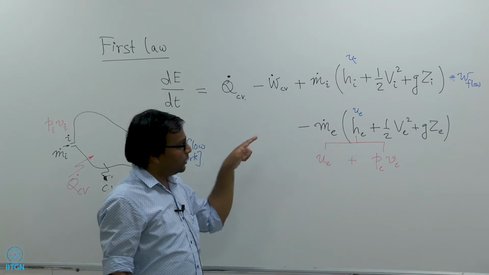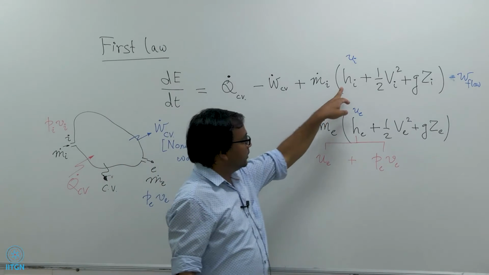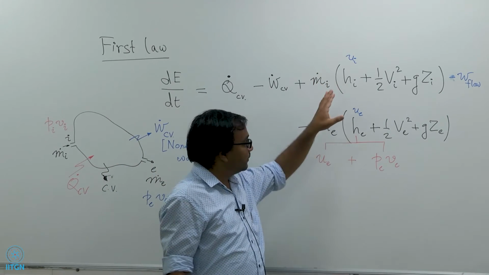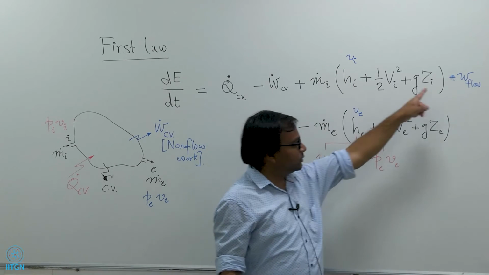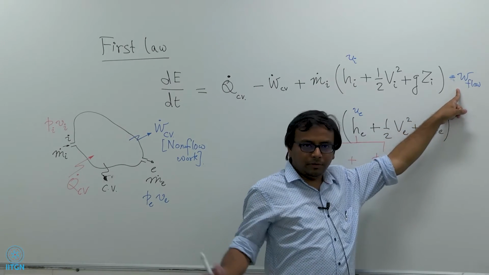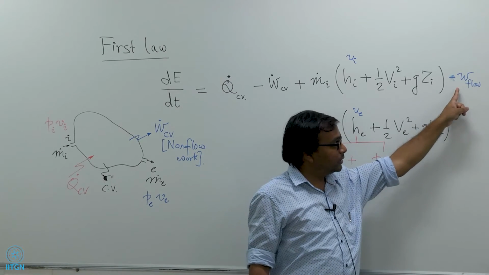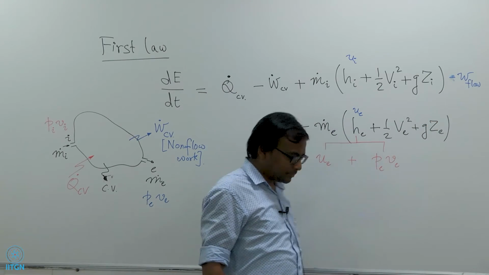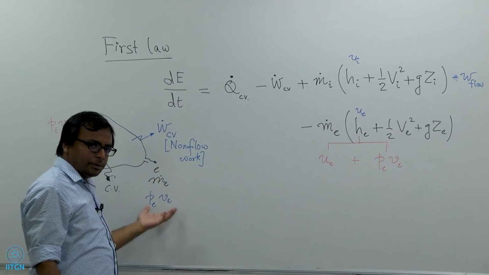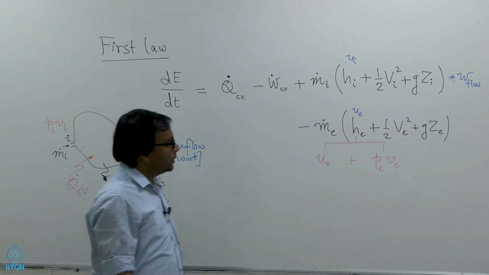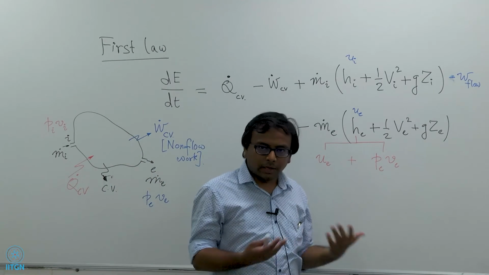As I said here, alternatively you can also say this: there is no such thing as flow energy. You can say that this is just internal energy coming in, this is internal energy going out, and then you separately take into account the PV terms through flow work, by including an additional term in terms of flow work, which happens to be PiVi minus PeVe, something like that will come, right. Whatever you do, you get the same answer.